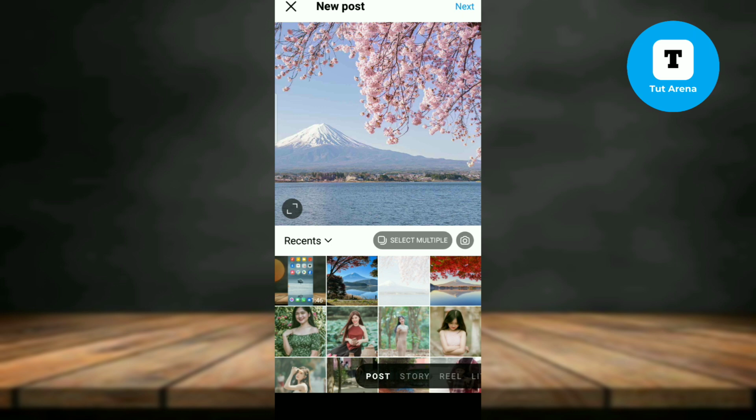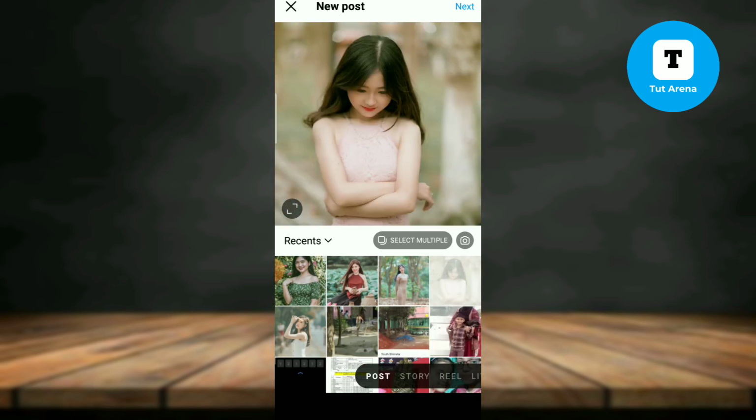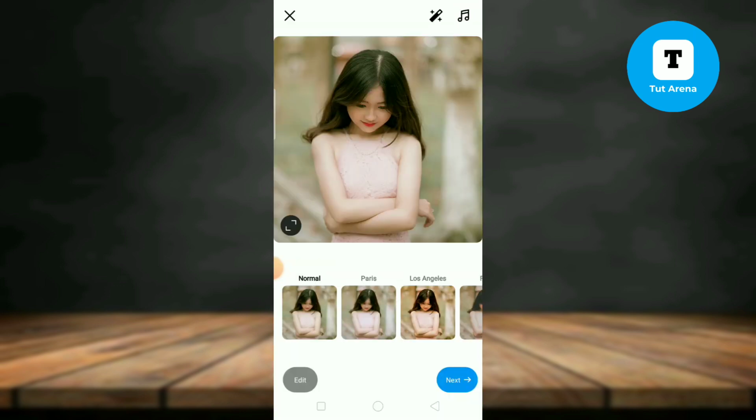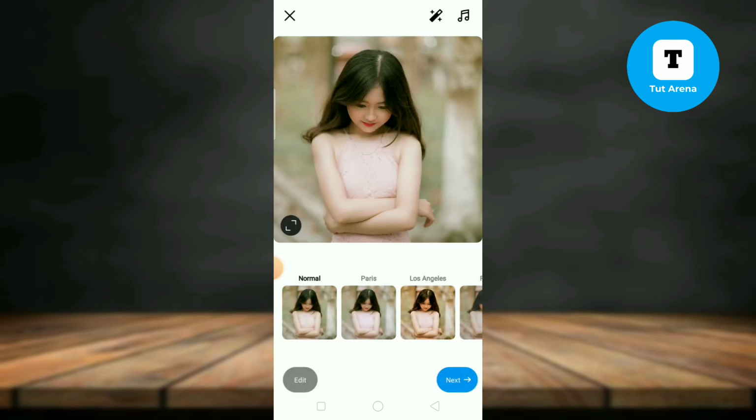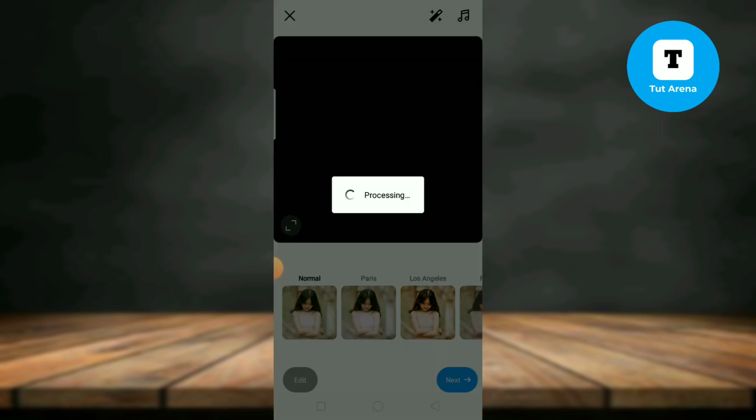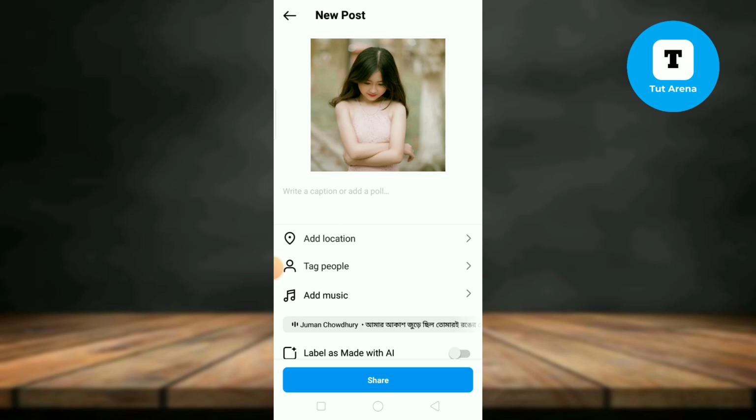After choosing the photo that you want to add, tap on next. Here at the edit section you guys can edit your photos. Then you guys can also add musics if you want to add. After that, tap on next, and here you guys can find out a lot of options. At the top you guys can find out add location. Now tap on here,